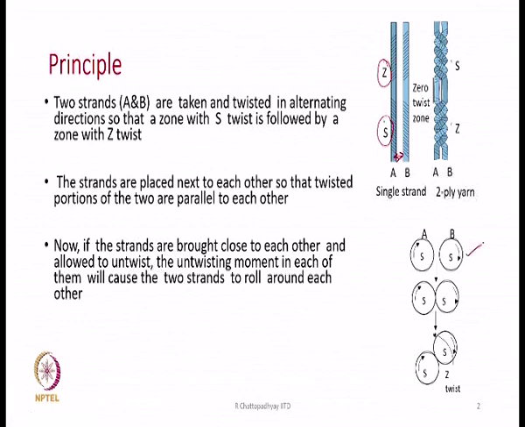Here is the cross sectional view, two strands A and B. Suppose that these two neighboring portions have S twist, and now we bring them close to each other and allow them to untwist. If the restraint is removed and we allow them to untwist, then strand B and strand A will try to roll on each other, and therefore, they will be twisted together in the opposite direction. So, the S twisted part will be twisted together and will show the presence of Z twist. So, the ply twist is going to be in the Z direction,